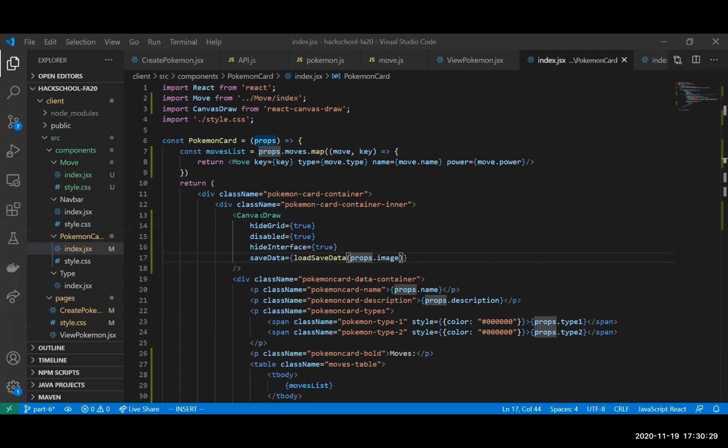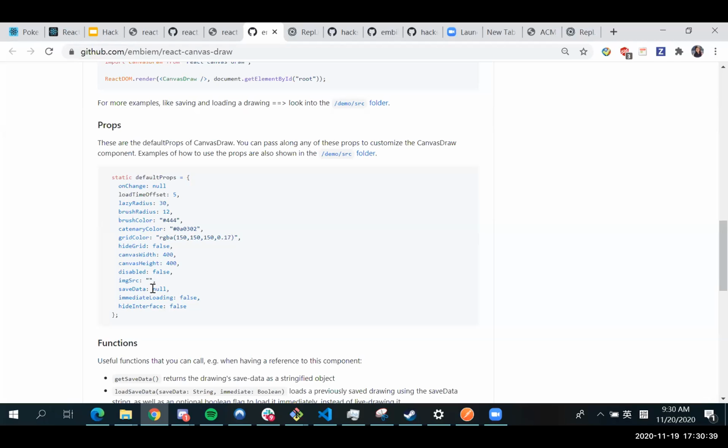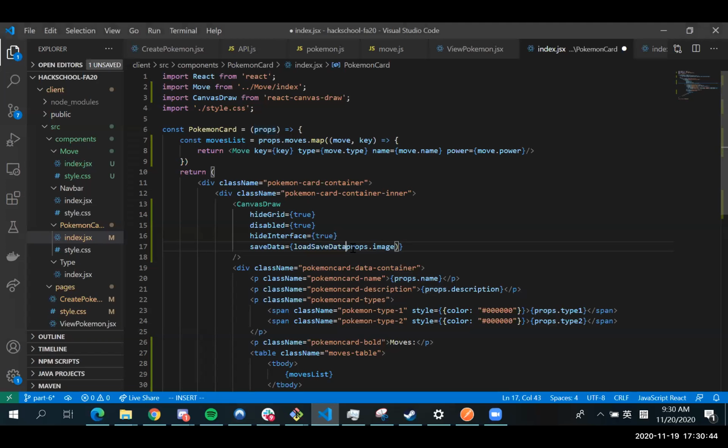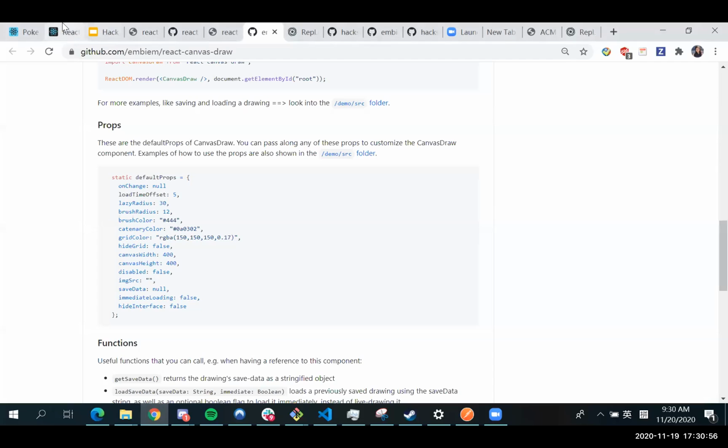Let's actually see what save data is. So if we go into save data, let's see if props image. All right, in the main component,